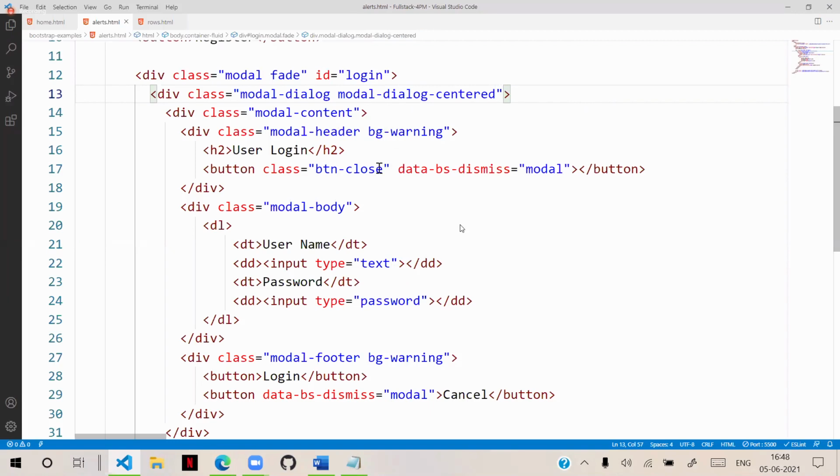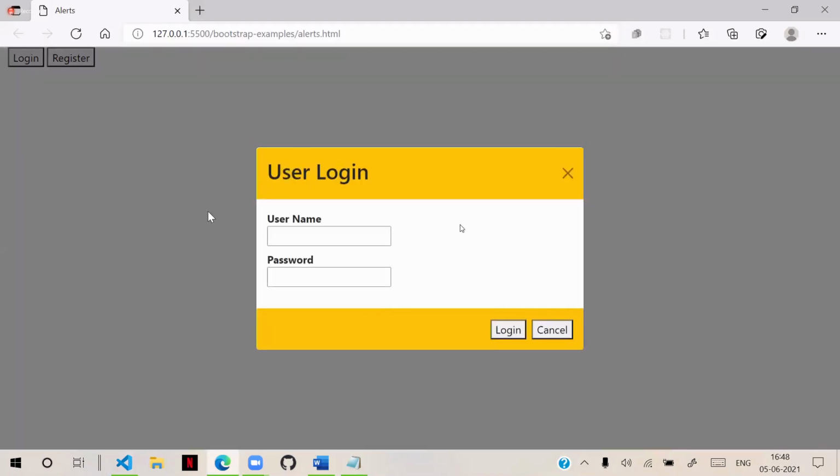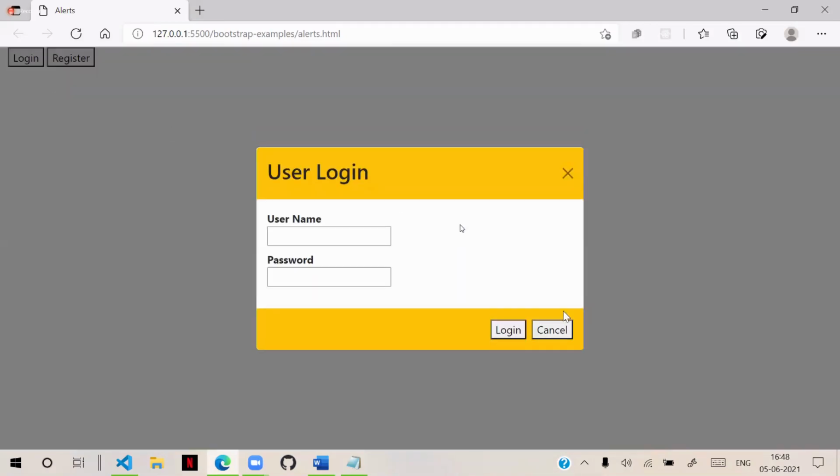When I keep modal-dialog-centered, you can see that it will correctly center on the page. Actually, it was displaying at the top. Now it will correctly center on the page.